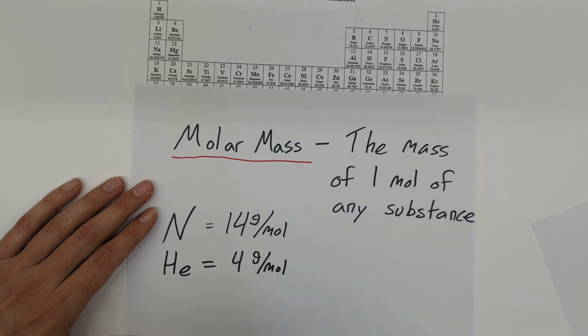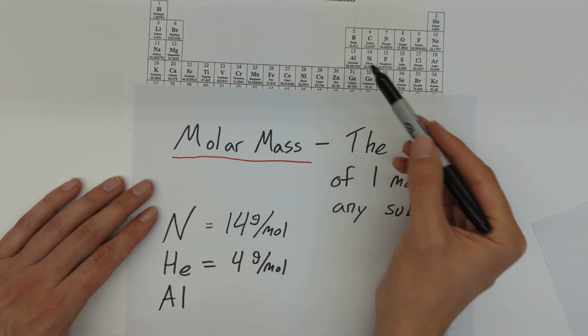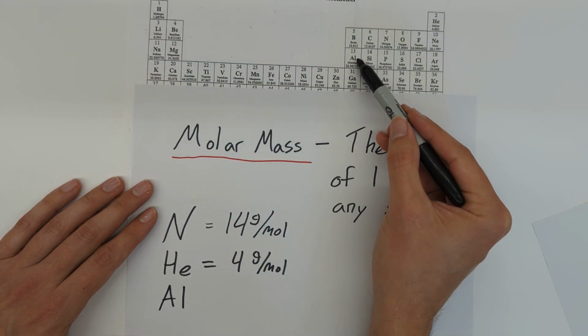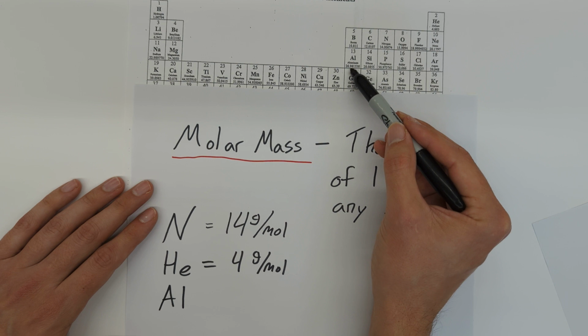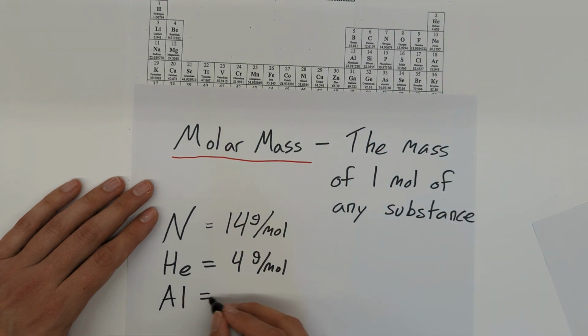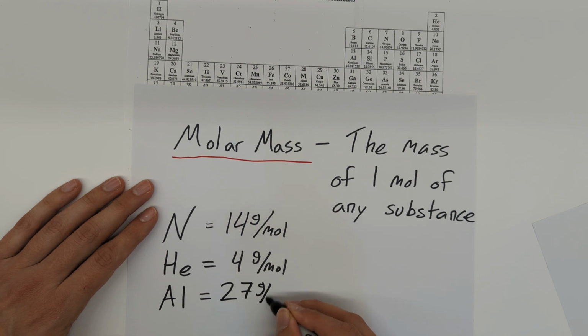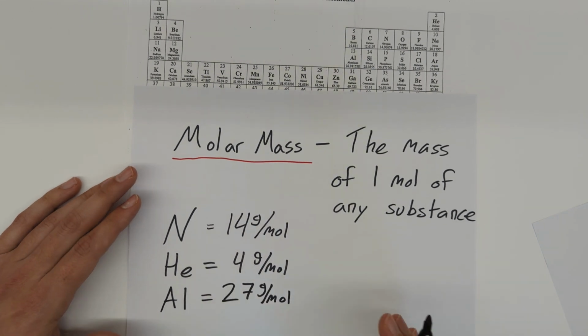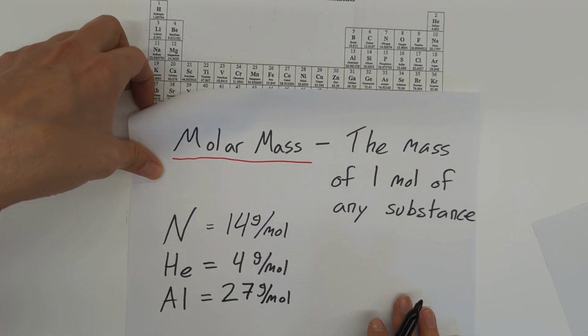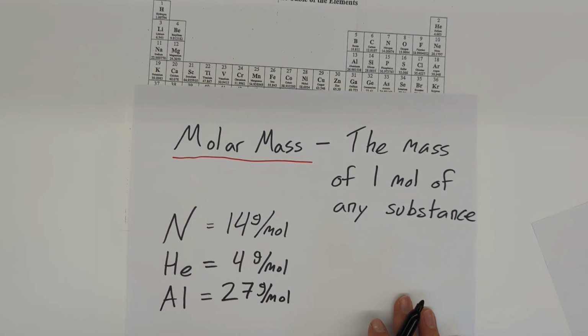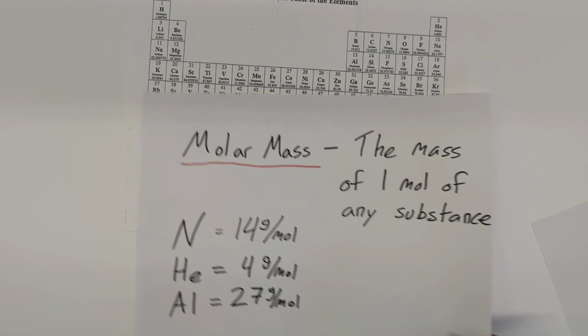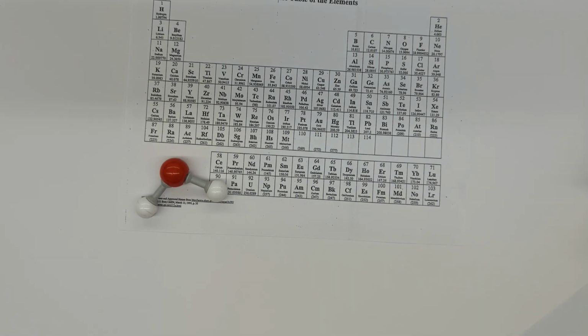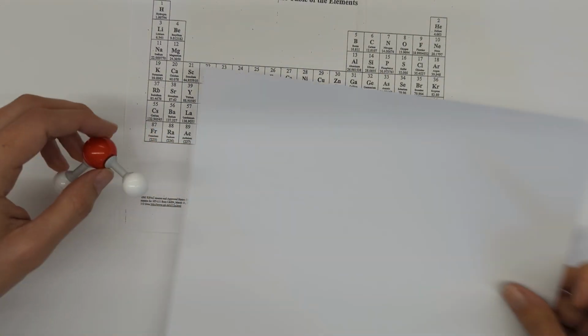We'll do one more. We could take a look at maybe aluminum. So Al, all we've got to do is find it on our periodic table right here. And it'd be 26.98. We could round that up to about 27 grams per mole. So that's how we find the molar mass of just an element. But when we're finding the molar mass of a compound, such as H2O or water, it's a little bit more